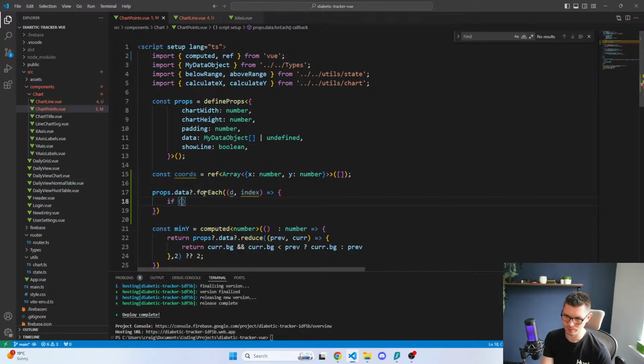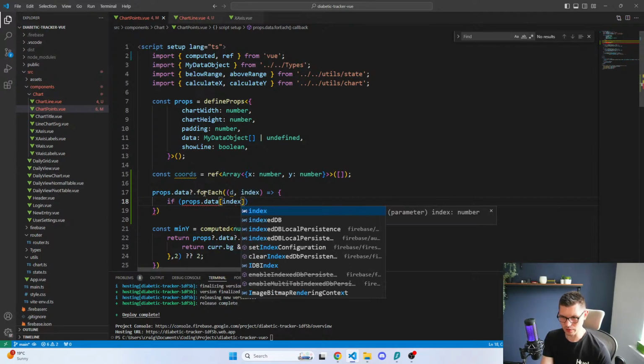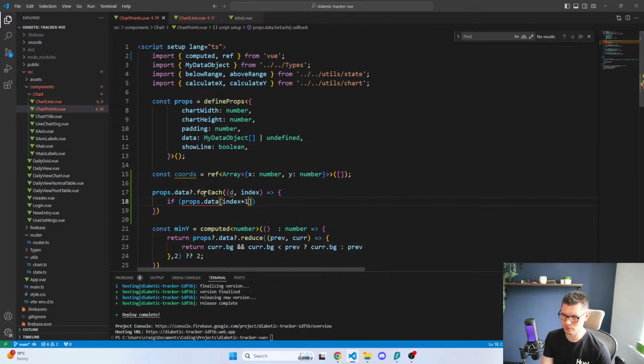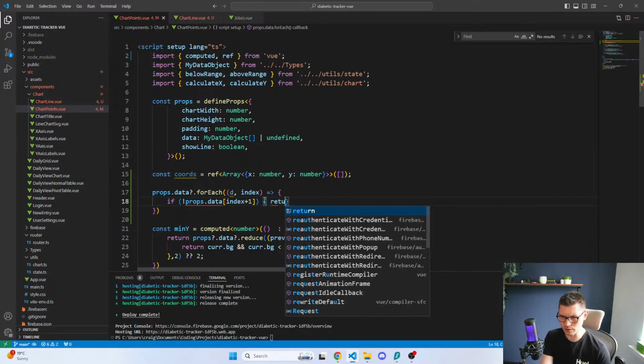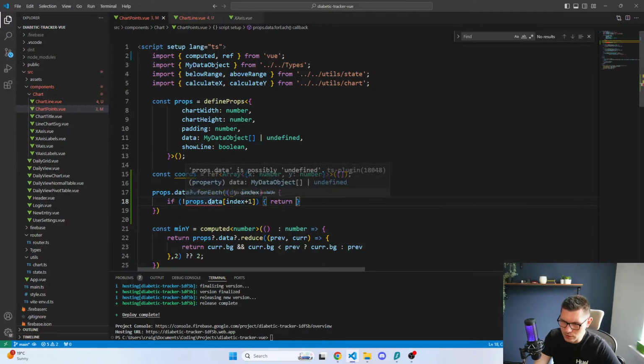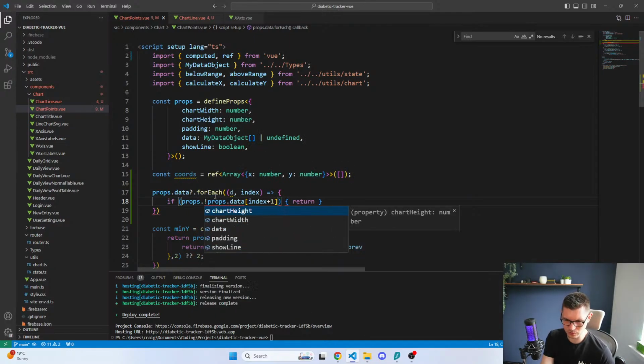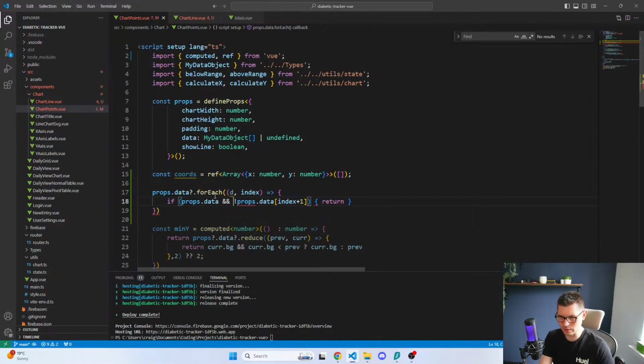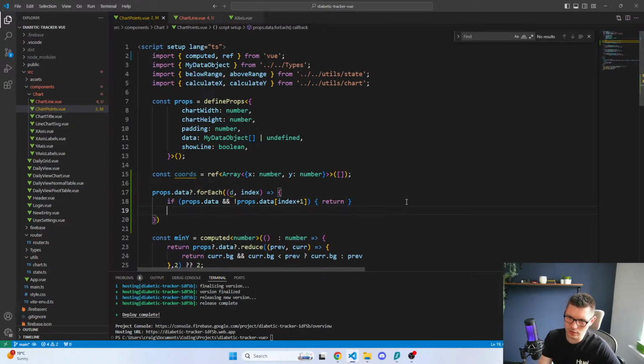If props dot data index plus 1, if not props dot data index, return out of it. It's possibly undefined. We'll do that. Or we'll do props dot data and not props dot data index, return. Otherwise,